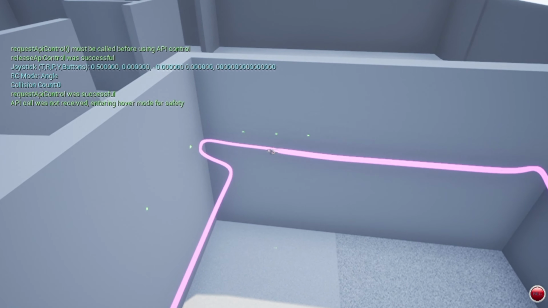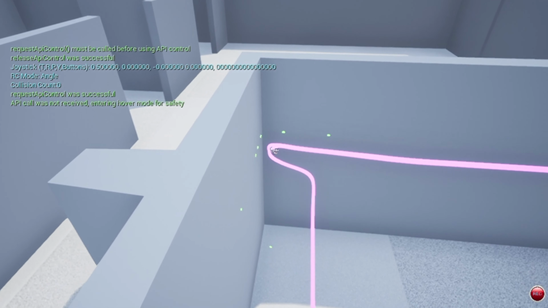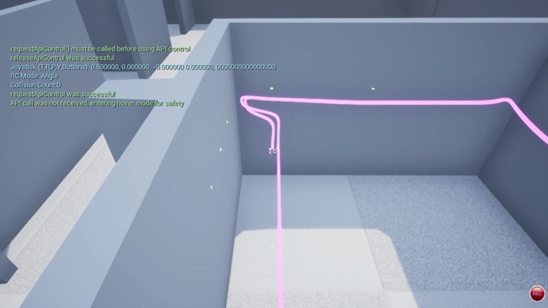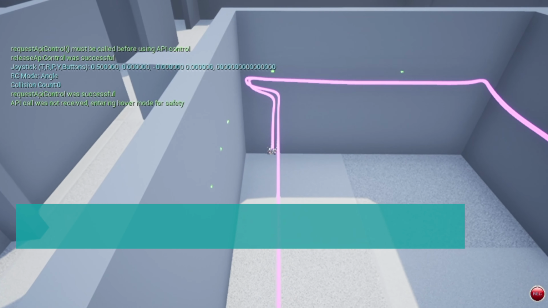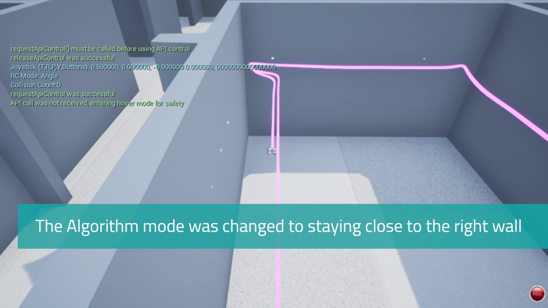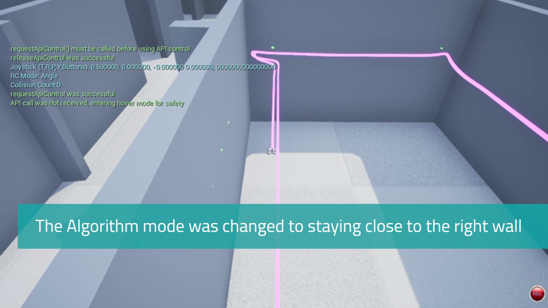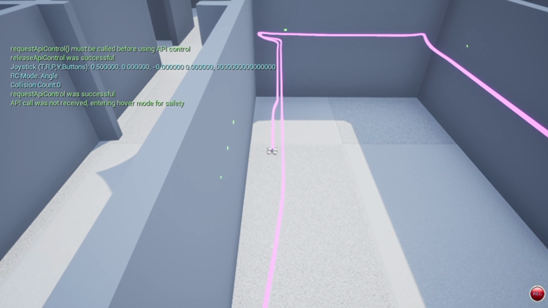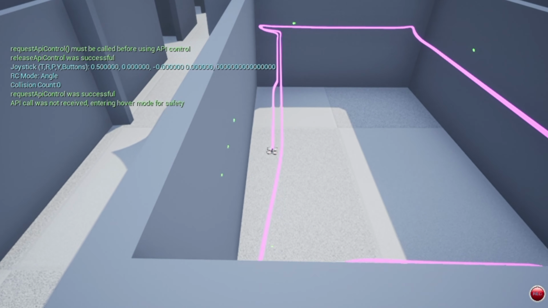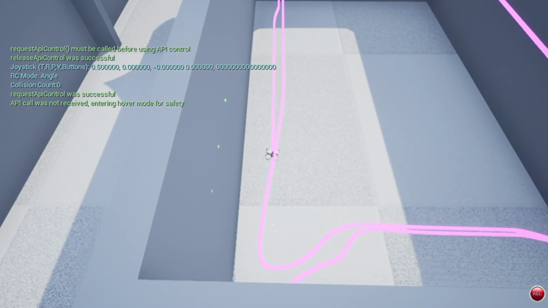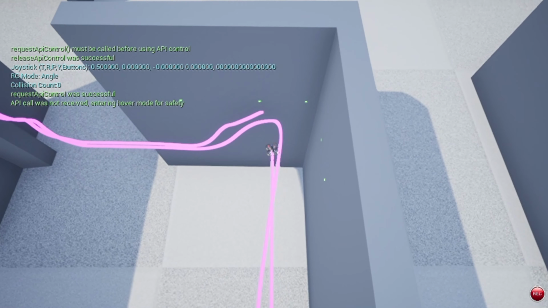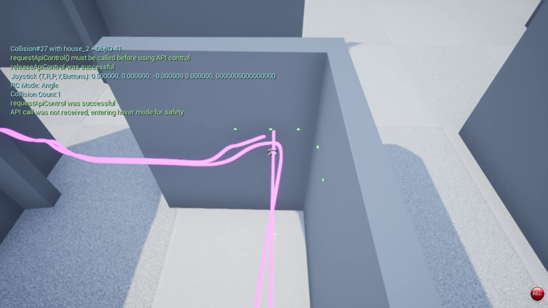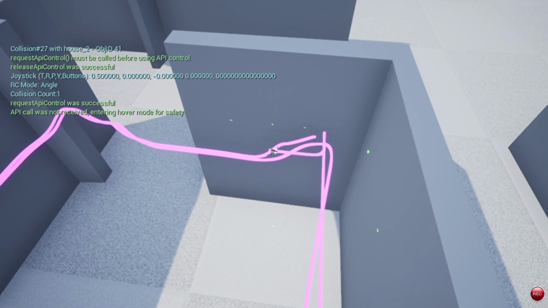Now if I change the algorithm to maintain a certain distance from just a single wall, the algorithm is quite different. A few parameters were tweaked, and now it only maintains a certain distance from the right wall. So you see it maybe bounced more, but now when it has no right wall, it will turn right and start looking for a right wall.